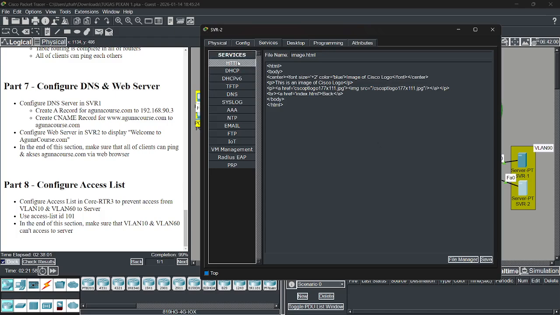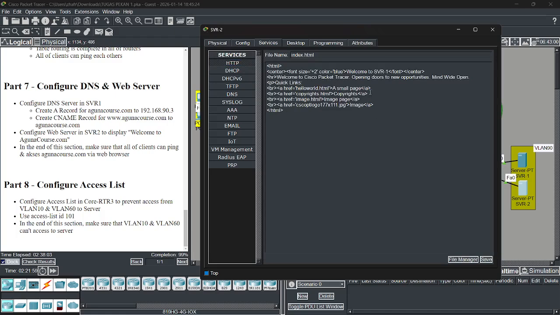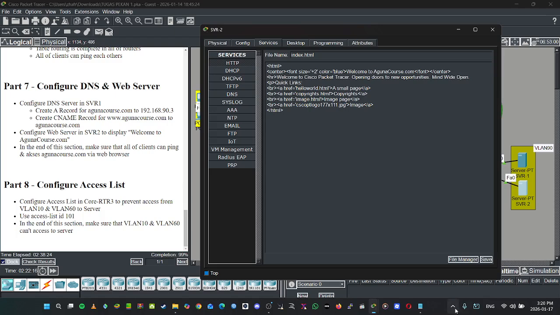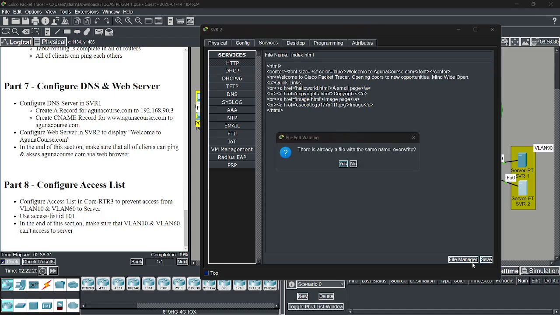Sorry, not this. Index, and welcome to agunacourse.com. Okay, save. Overwrite.